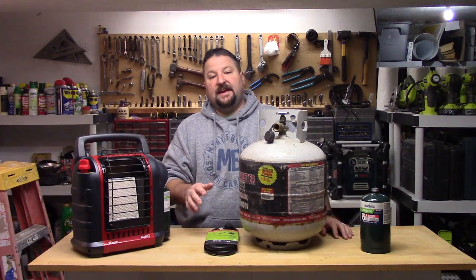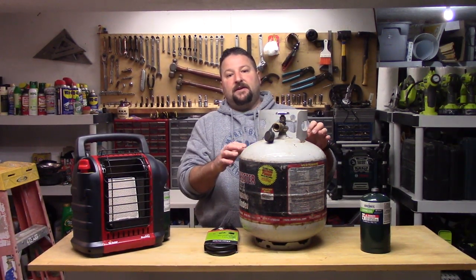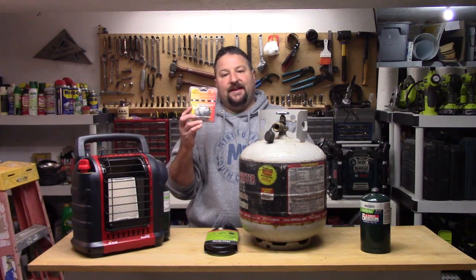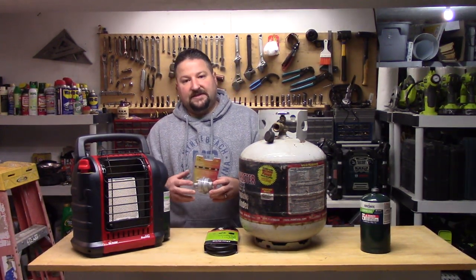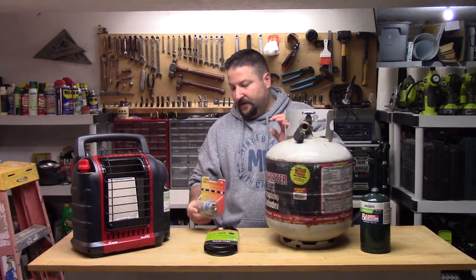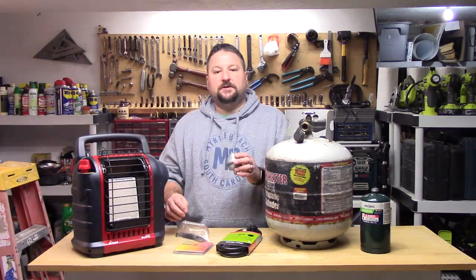But they say that if you're going to do that and you're going to use one of these bigger tanks, they have a concern that there could be some debris or residue in this tank. So they want you to put an inline fuel filter on here, or they say you void the warranty, is the way I understand it. This fuel filter, and we'll open one up and do it. So this fuel filter